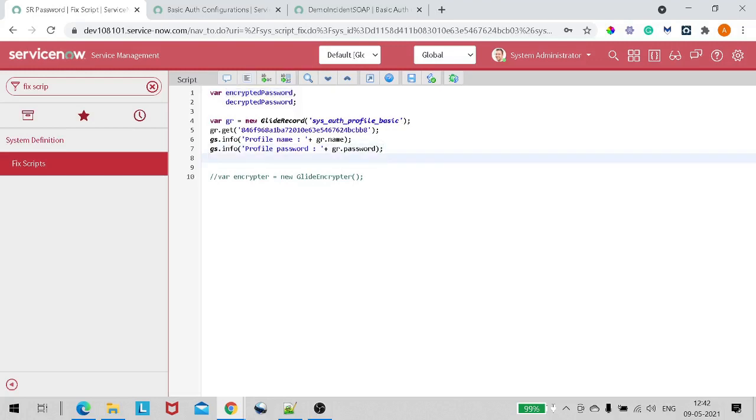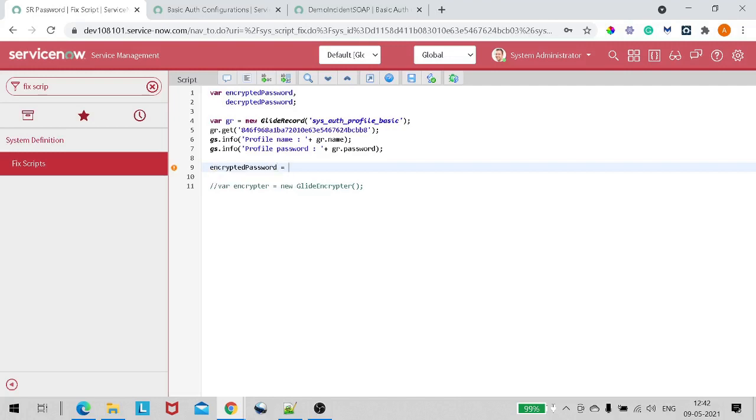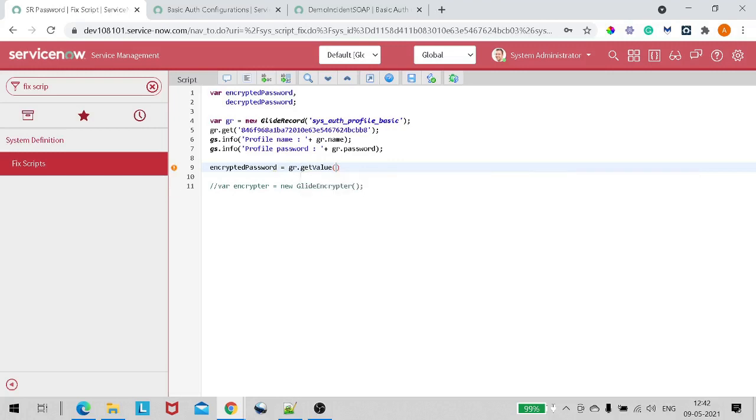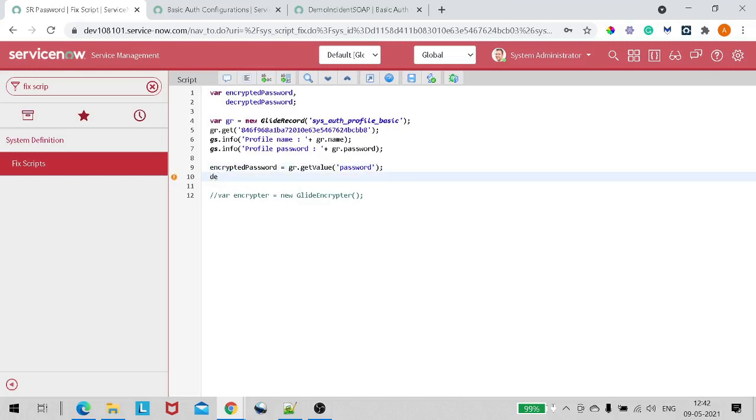So we will give encrypted password equal to gr.get value of password. So we got our encrypted password stored over here. Now we will decrypt it. So we will give simple code. It's like decrypted password equal to,